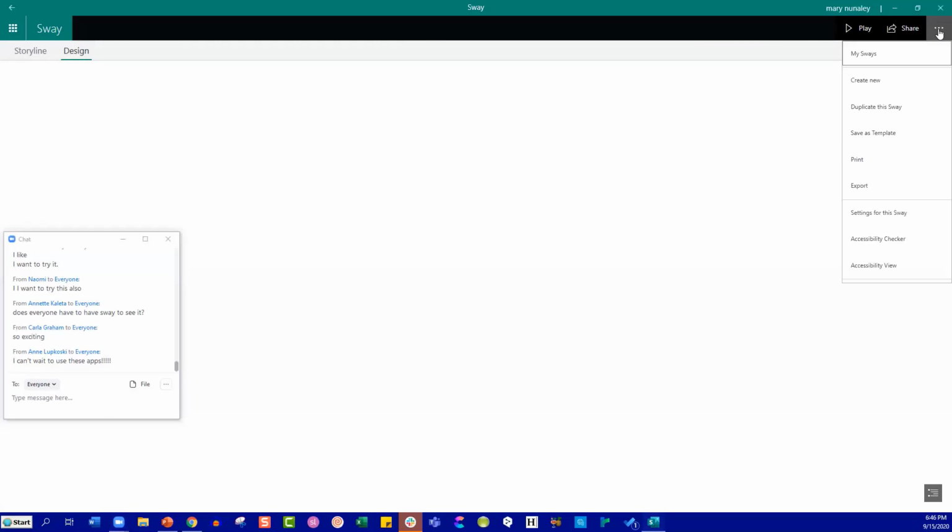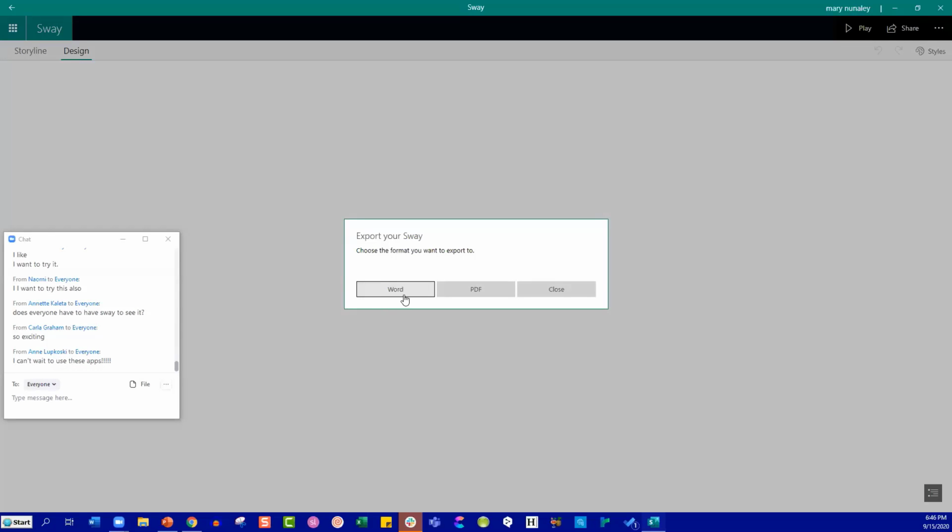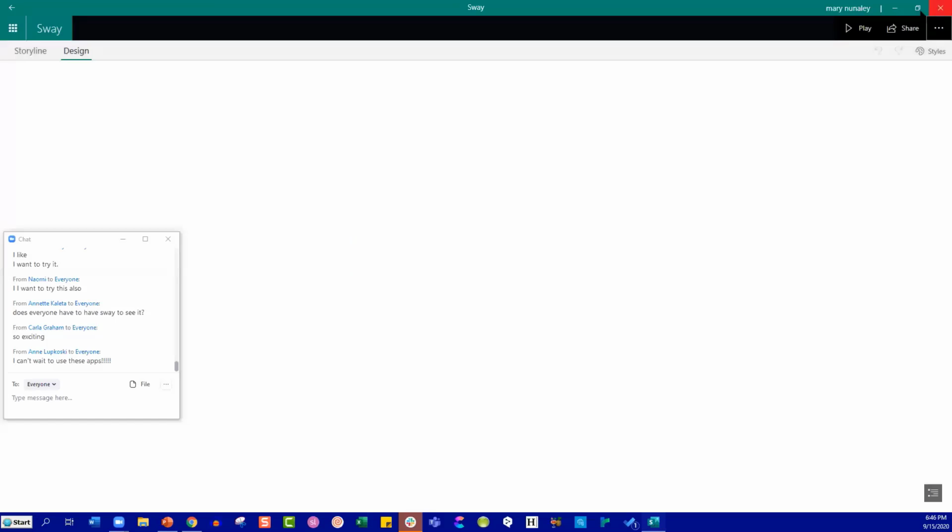Now you can also export it. So if you export it, you can export it as a Word or as a PDF document. It just loses some of the pizzazz. But especially when, let's say maybe you need your boss to approve something before you send it out, you could send it in the Word format to say, hey, take a look at this, make sure there's no typos. Sometimes it's easier to insert comments using the Word insert comment feature, because Sway doesn't have an easy way to do that. Or you can put it out as a PDF, and that way people can't edit it. So that is an option.